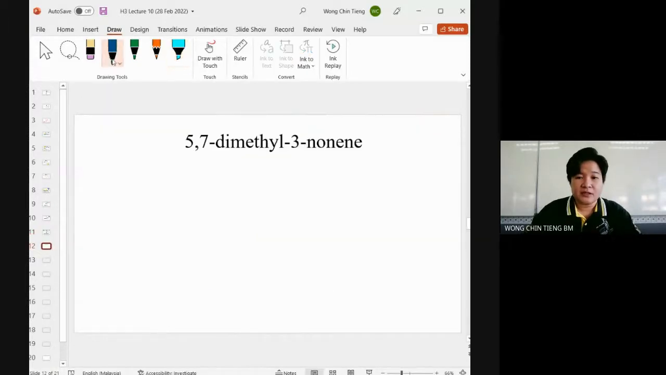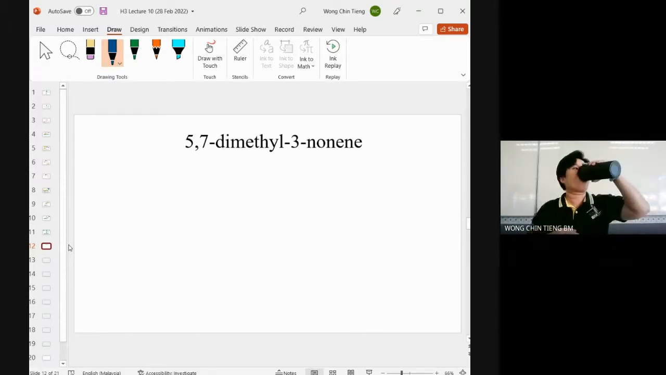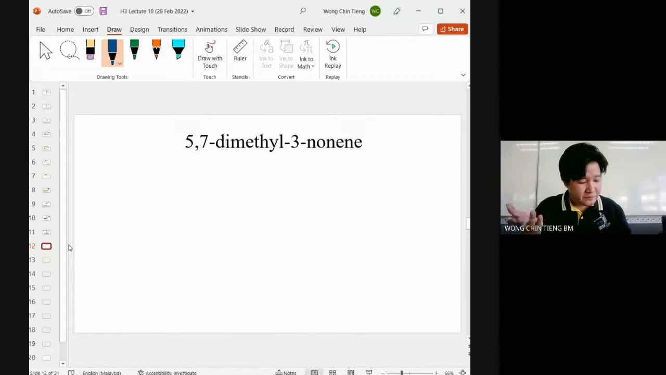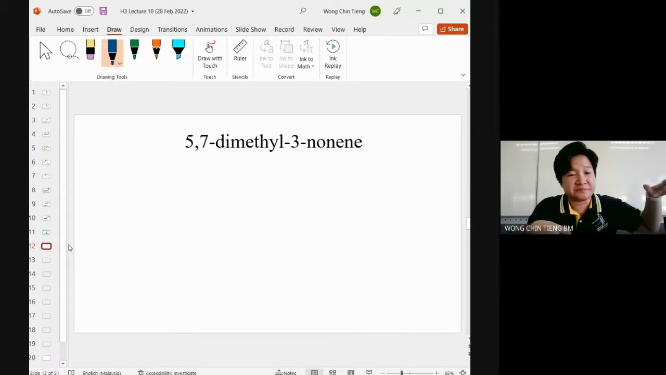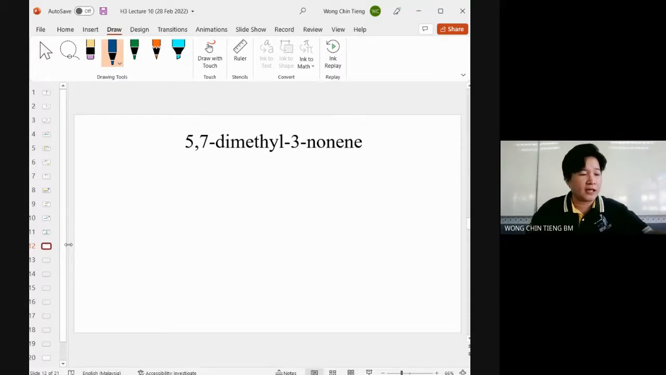So, next. Isu paling besar bukan hanya bagi nama. Bila kamu buat latihan, budak akan selalu struggle kat bagi nama. Jujur lah. Kalau bagi nama salah, hilang 1 markah je. Serius. Yang penting bukan bagi nama. Yang penting boleh lukis structure. Kenapa penting boleh lukis structure? Soalan boleh bermula dengan